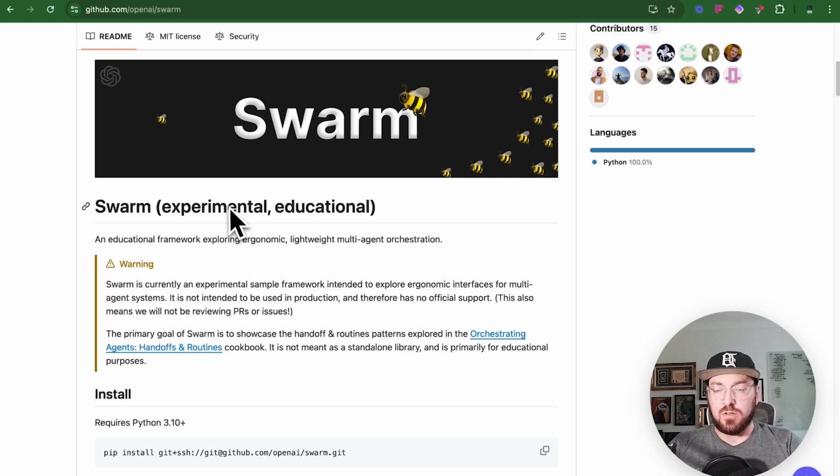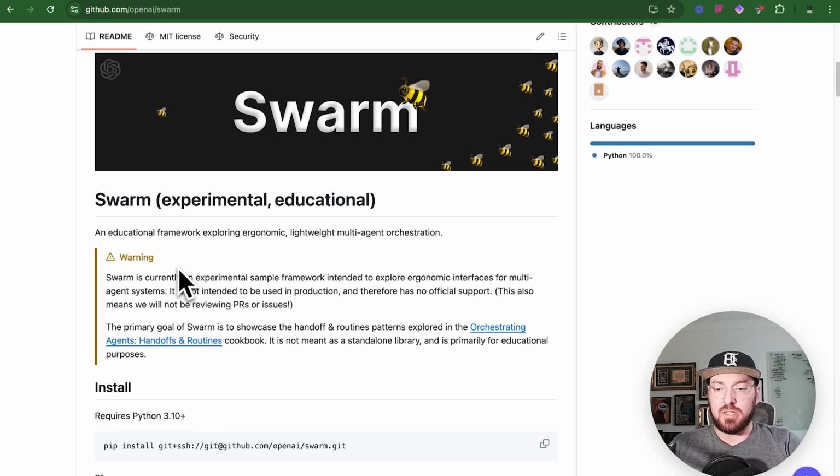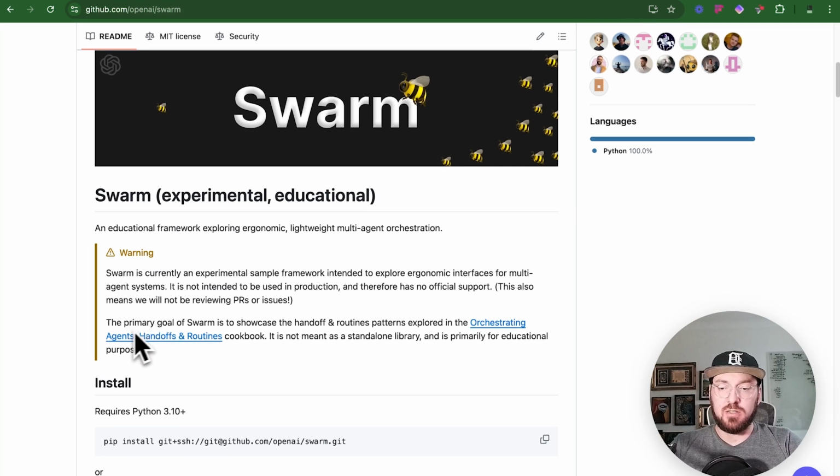All right, everyone. So we're going to look at OpenAI Swarm. They released this about a week ago now, maybe even longer. It's an educational and experimental framework that you can use to start looking at multi-agents with just OpenAI. There are some particularly cool things that I want to go through, and then we're going to look at how you can actually add observability to this and look at some security features